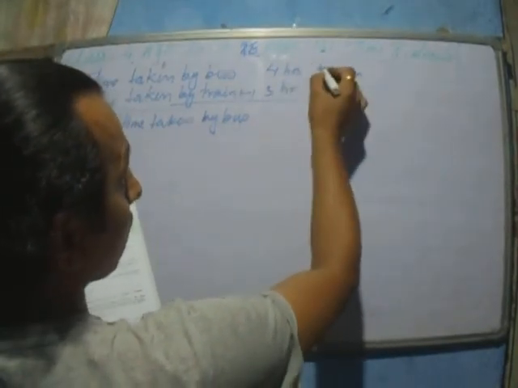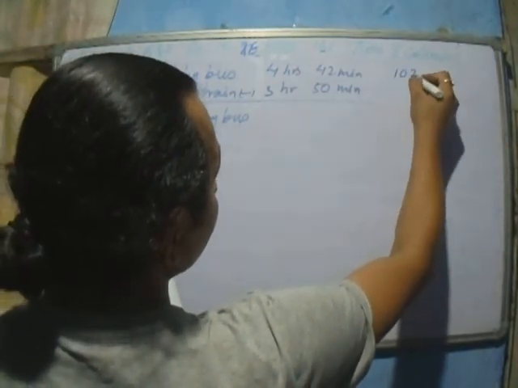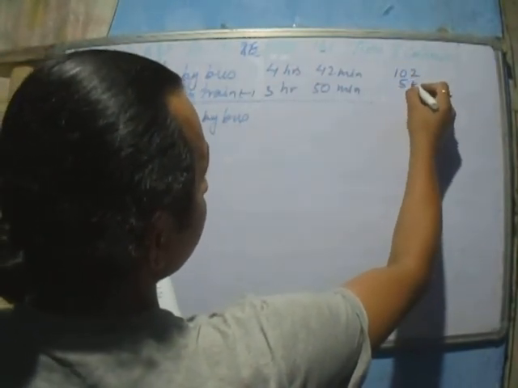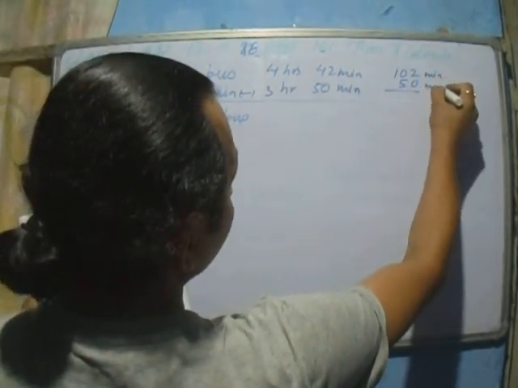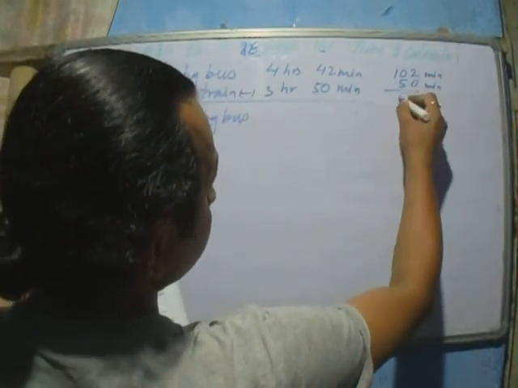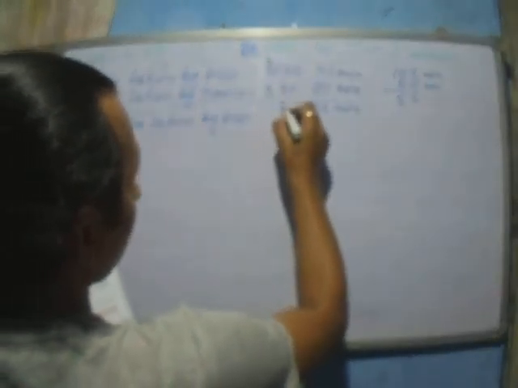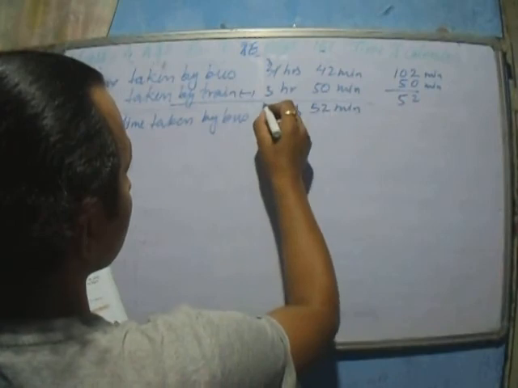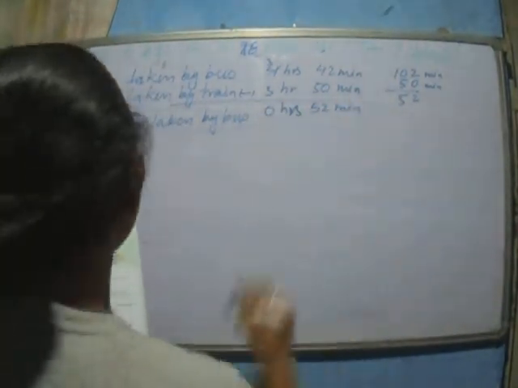From here we borrow. So here 60 get added. So after adding 60 we will get 102 minus we have to do 50. Okay. This we have to do in rough. Okay. So 12, 10 minus 5 is 5. So we left with 52 minutes here. Then here this is subtracted. So hours will remain here. So 3 minus 3 is 0. So it is 52 minutes extra taking. Okay. So this is the answer for exercise 9E.